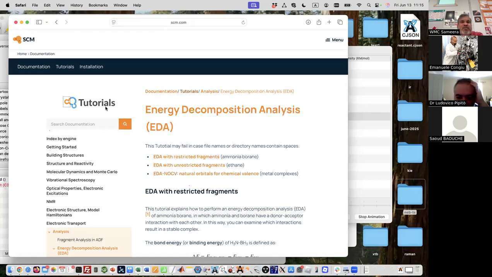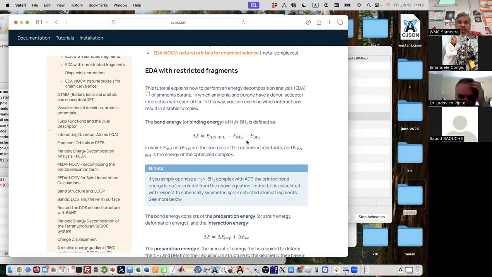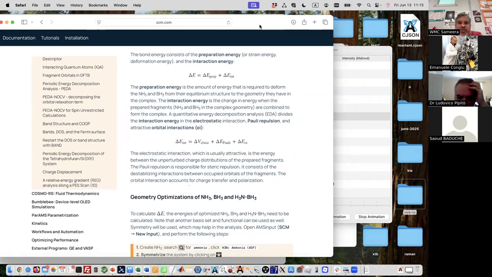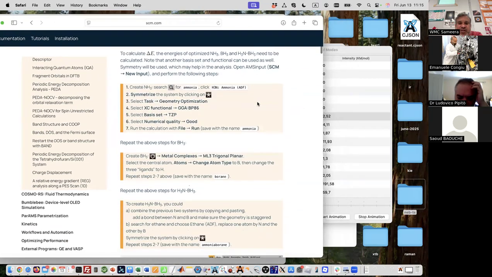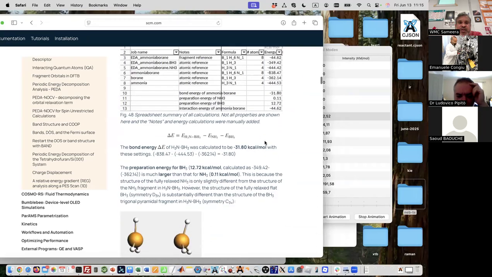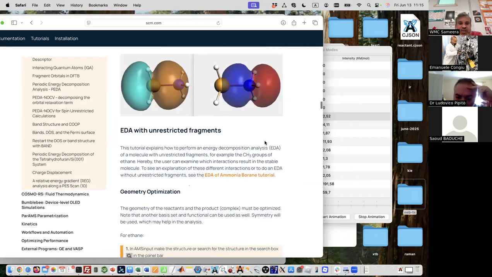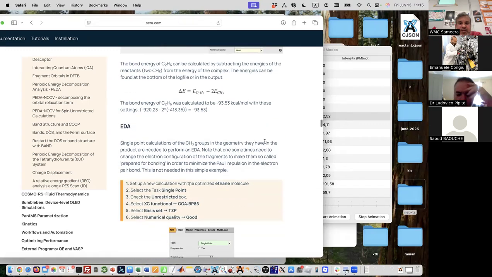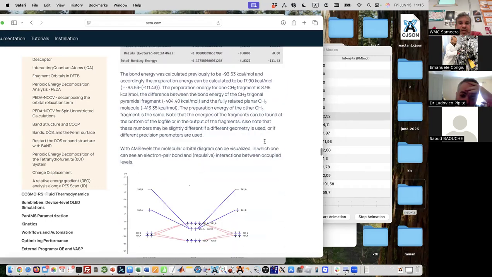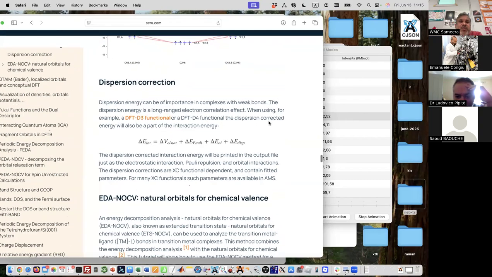This is a different program, but anyway, I will explain now how energy decomposition analysis can help you. So it can actually break down, let me find out the